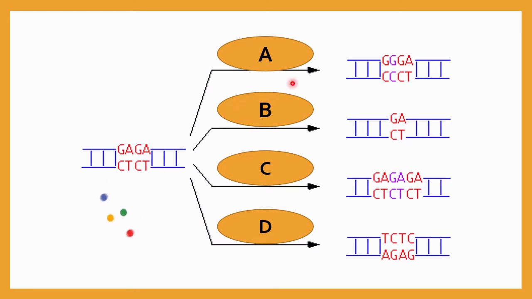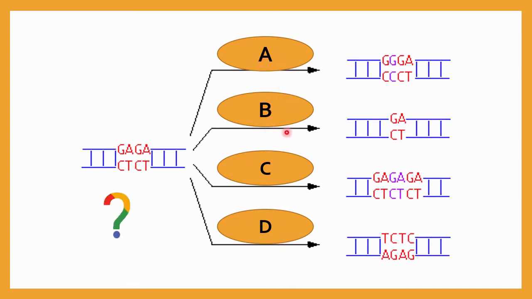And suppose some mutation occurs and the sequence becomes this one. Here you should write which type of mutation this is. A indicates which type of mutation, whether it is a deletion, insertion, translocation, or inversion; select whichever applies. This is the normal one, and if mutation B occurs, it becomes this one. Just identify which type of mutation occurs in each. Write down in a comment what A, B, C and D indicate.